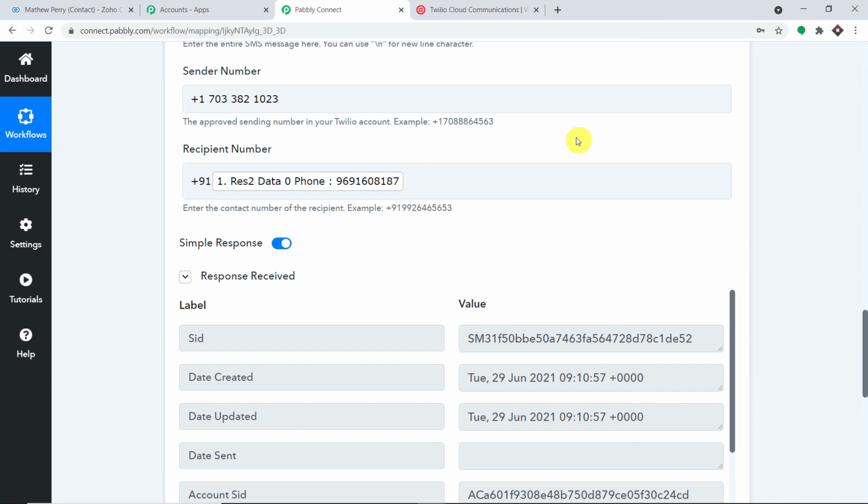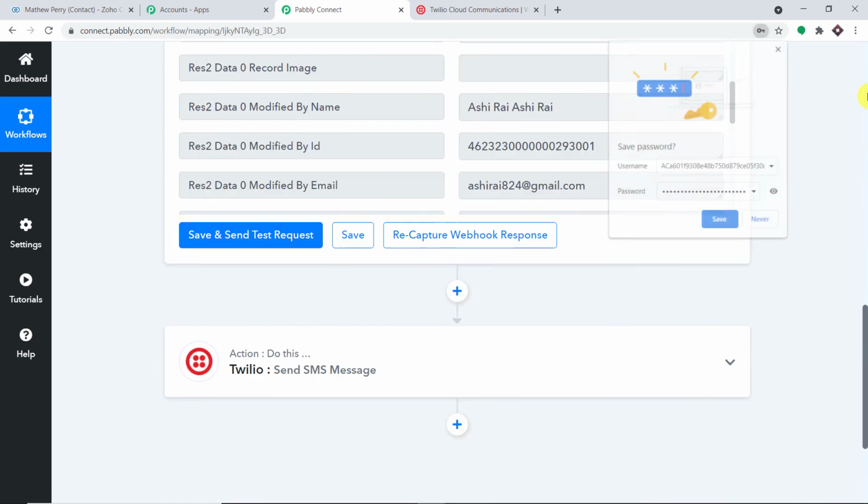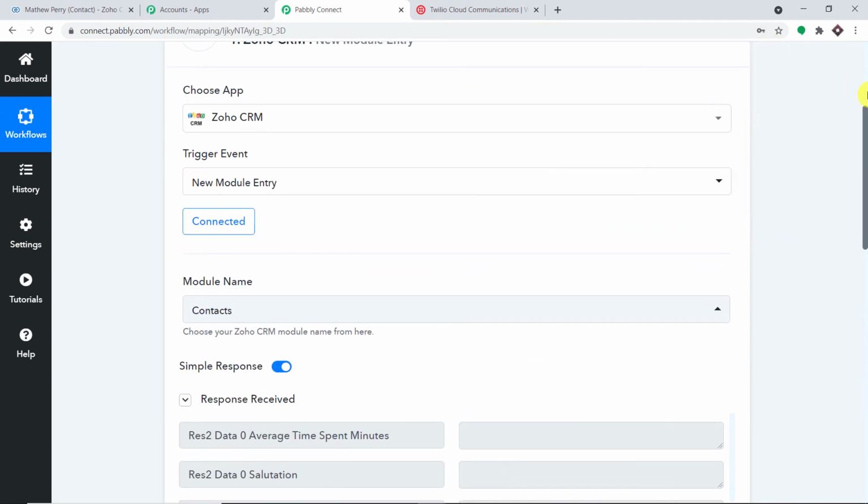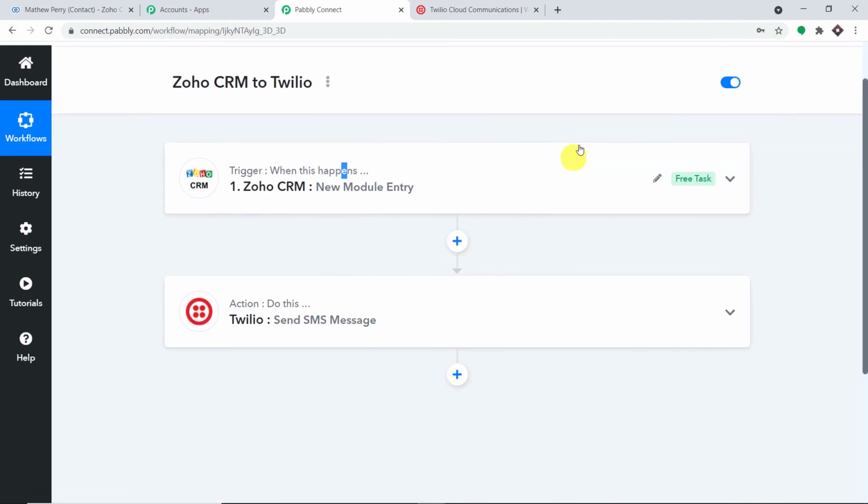Excellent. So what's next? Before you leave, let me explain the whole mechanism in a nutshell, because the integration is successful. I have minimized both my windows, the trigger window as well as the action window. Basically this is the whole process in a nutshell. First you integrated Zoho CRM to Pabbly Connect and then you integrated Pabbly Connect to Twilio. So now there's a perfect flow of data between Zoho CRM and Twilio. Not just these two apps, you can integrate a ton of applications using Pabbly Connect.